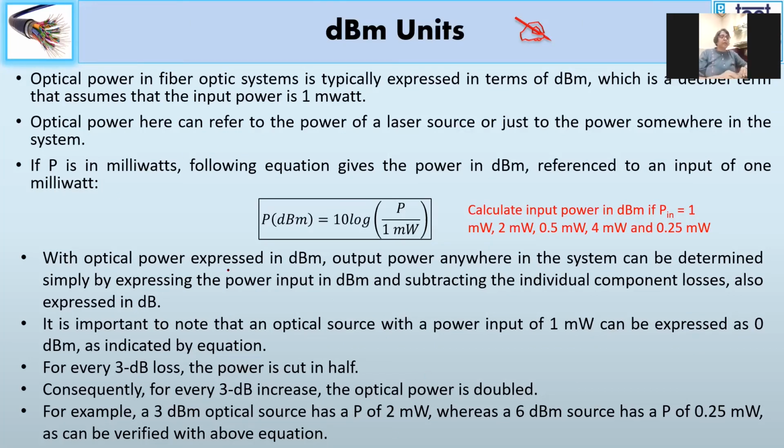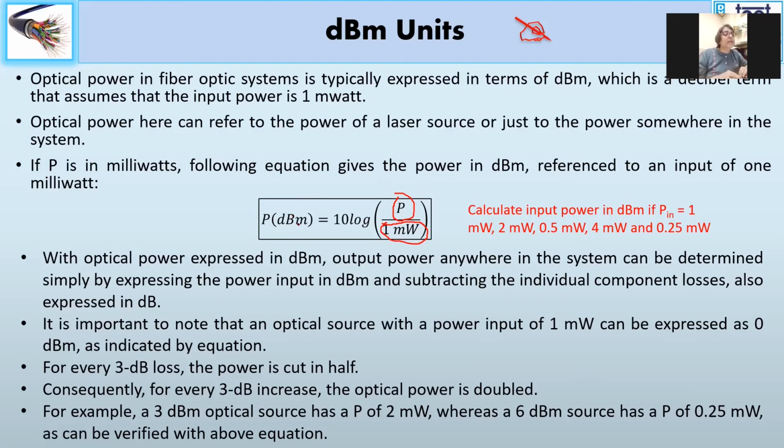Okay, so now one more unit you may come across while representing power: sometimes you will be given the input power in dBm and the output power in dB. So dB and dBm are different, in the sense that dBm is with respect to 1 milliwatt. That means I am representing the power by 10 log of the power value divided by 1 milliwatt. The reference or starting point is 1 milliwatt. Above 1 milliwatt, how much is the value? That is what we can interpret it as.